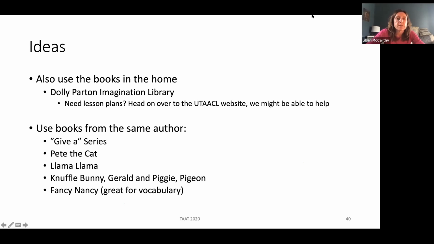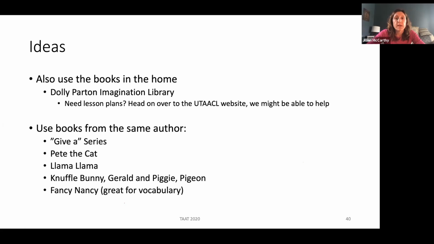And so the lesson plans not only include ways to use the book, thinking about what's the key vocabulary in each of these books, but also thinking about how are you going to increase syntax. The other thing that we did was we added boards. So there's low-tech boards for all of them. So we're currently working with IT at the University of Tennessee to upload all of those to the Tackle,